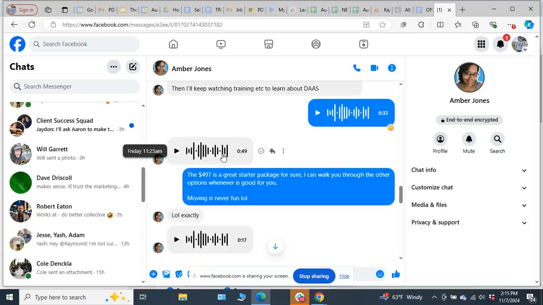And I remember this message. I'm in the middle of moving, and this was on a Friday, so we basically knew this was going to go into next week. Actually, she tried to make time later on Friday, and you'll see when I scroll down, I just couldn't get it into my schedule. And then she basically said in here, well, odds are either way, Ray, I want to see them all, but I'm probably going to start with your 497 plan and upgrade into the other one later. I was like, awesome.